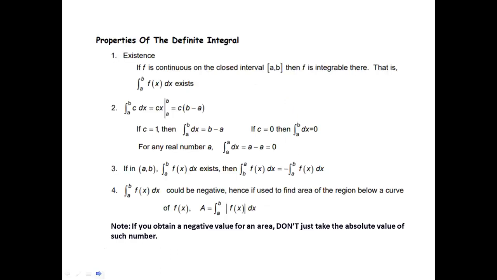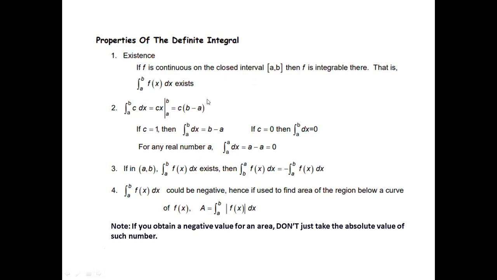Now, since you know already how to process definite integrals, it's important that you know the properties associated with it. And there are 10 properties of definite integral. Number 1 is the existence property. Now, what is this? If